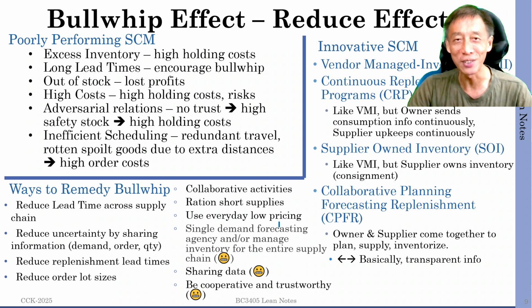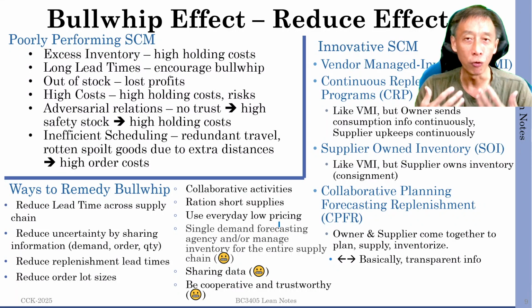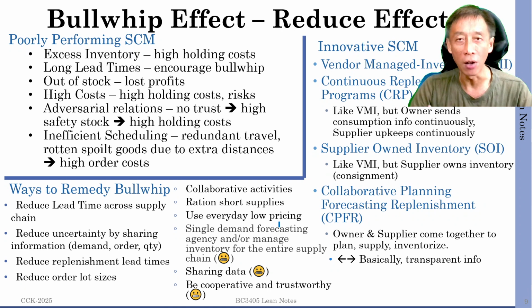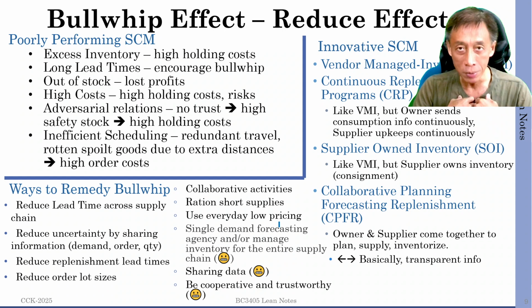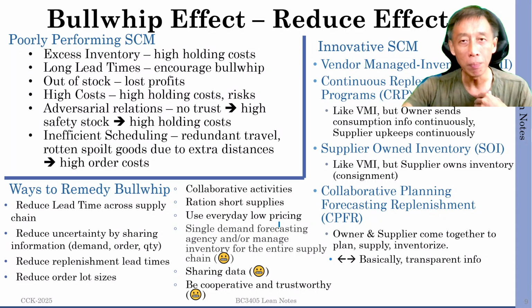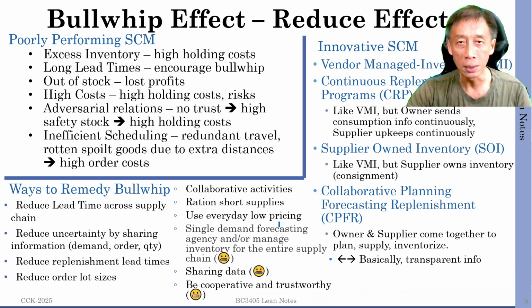Actually, it is a bit stronger. That is, if you are not going to play ball with me, you're out of my buyers list. I don't sell to you. I don't want to sell to you. These are basically words coming from manufacturers who care about the health of their supply chain. Because in order for the manufacturer not to get whipped, the downstream players, remember, they are also the manufacturer's customers, correct or not? So the downstream players must look at me, the manufacturer, as their partner.